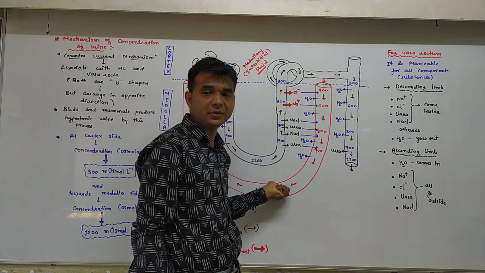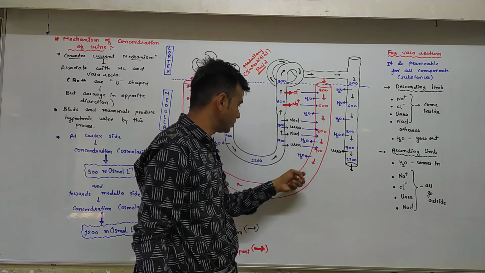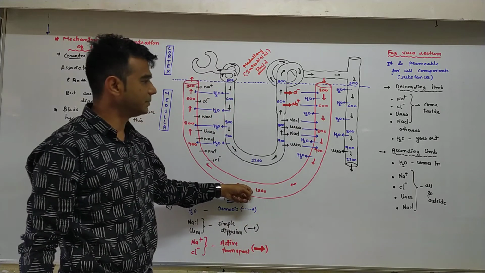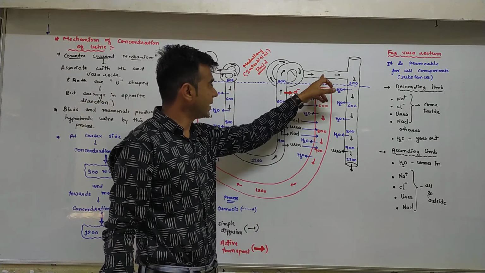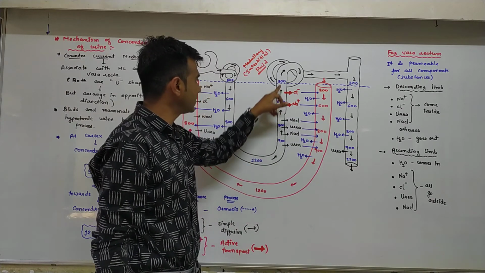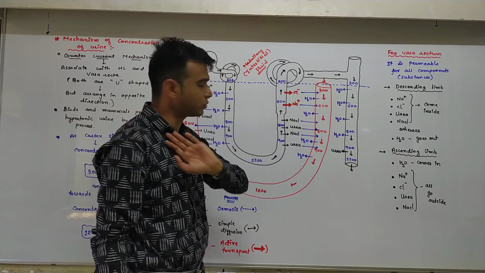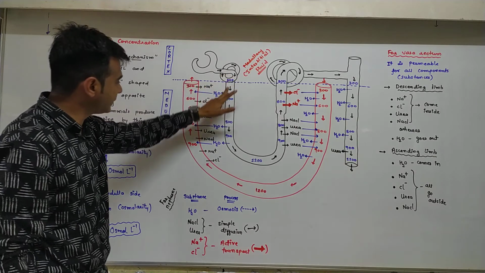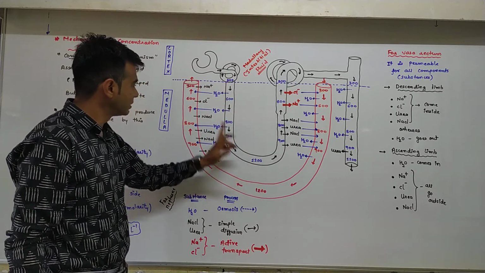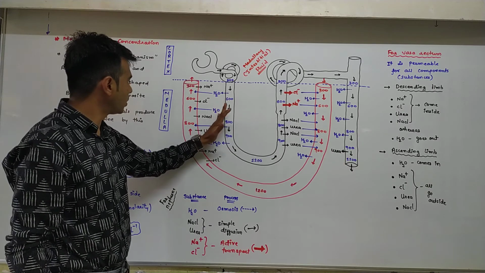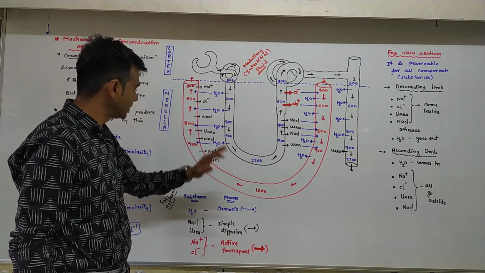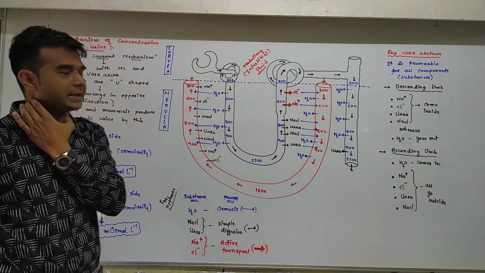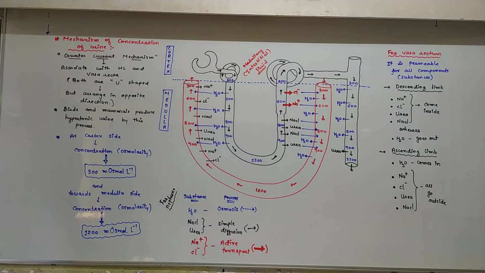Due to water coming out as well as electrolytes going in, the concentration of the blood increases. So as it moves from the cortical region to the medullary region, the concentration of the blood increases, but simultaneously the filtrate concentration decreases because salt comes out. Similarly here, the concentration of the filtrate increases because water moves out, but water goes in as well as salt comes out. Due to that, the concentration of the blood decreases, but simultaneously the concentration of the filtrate increases.